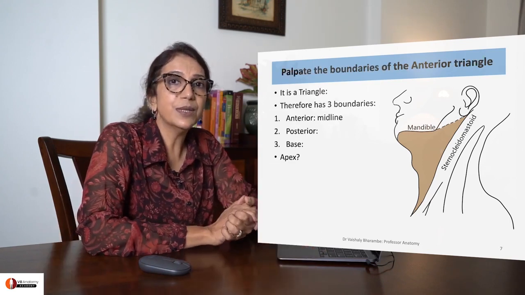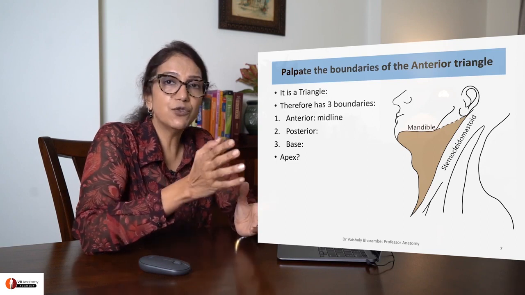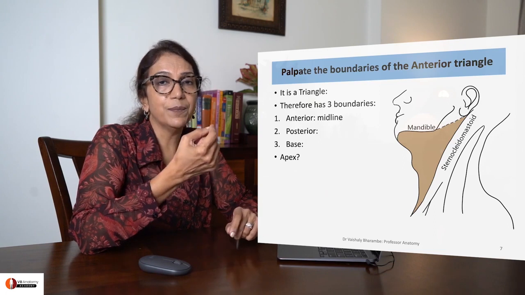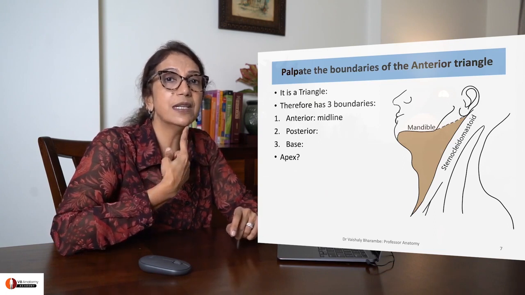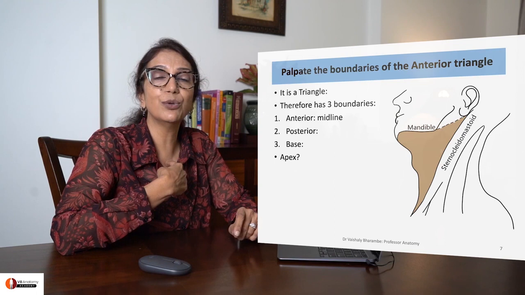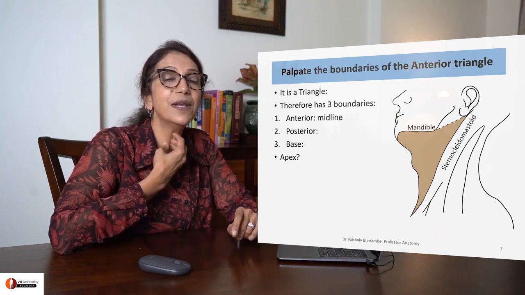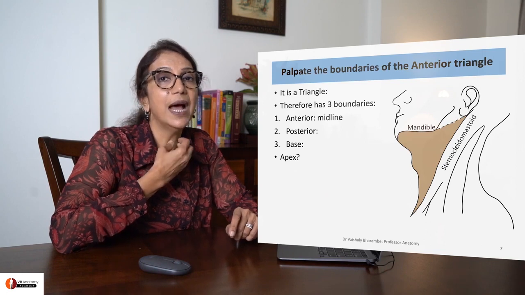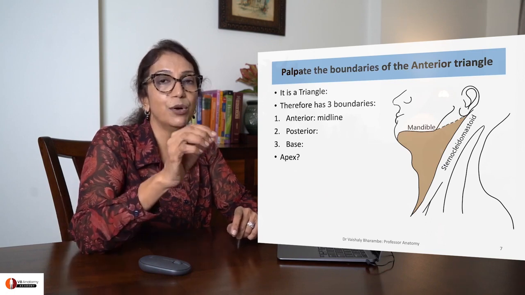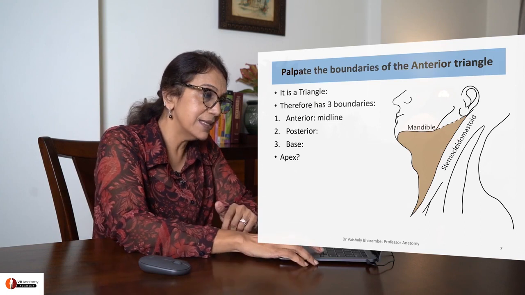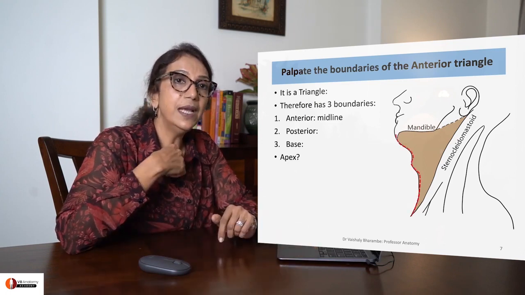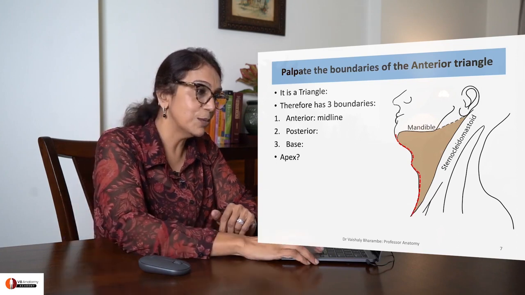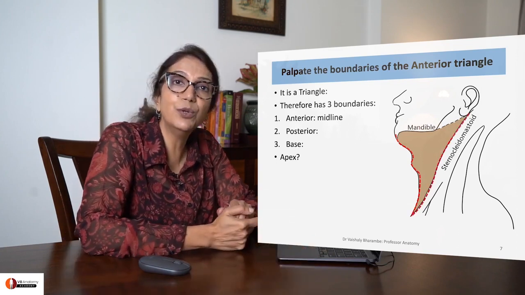Right. So students, because it's a triangle, it has got 3 borders. Its medial border is formed by a line joining the symphysis menti to your sternocleidomastoid. Please run your finger. All these midline structures help to form the anterior or medial border of anterior triangle. Running upwards from the suprasternal notch to the mastoid process is the posterior border formed by